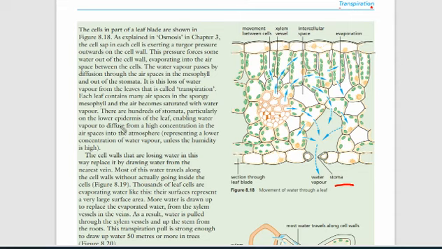So it diffuses from a higher concentration in the air spaces into the atmosphere, representing a lower concentration of water, unless the humidity is high. Agar bahar humidity zyada ho to phir us case mein opposite ho jayega, but until then it diffuses from air spaces to the stomata. So it proves the movement of water from leaves. Kaise evaporate hota hai water? This shows the process of transpiration.